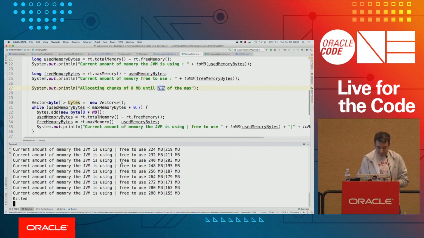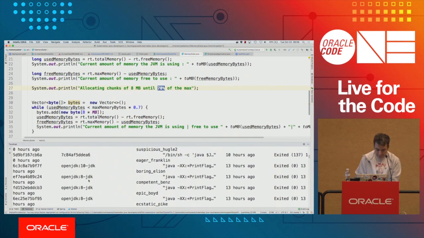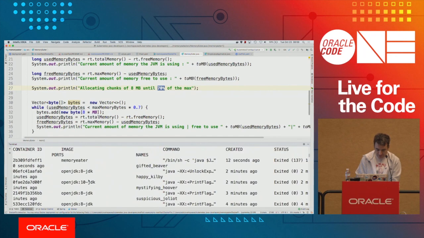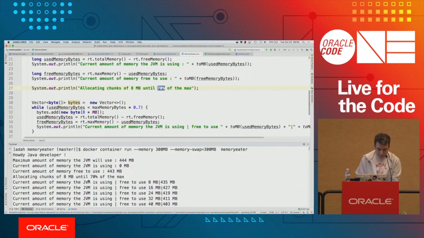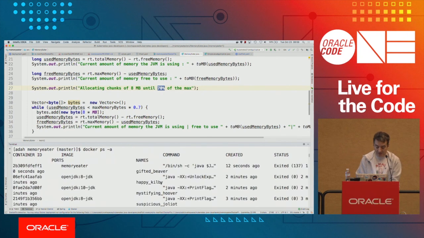And if I run it until the end, as you can see, it is killed. What is interesting to me here is the kill signal that was sent. As you can see, when the JVM started, it thought that it could use 500 megabytes, once again because it was not cgroups aware. It tried to allocate, but it soon found the limit, and it got killed